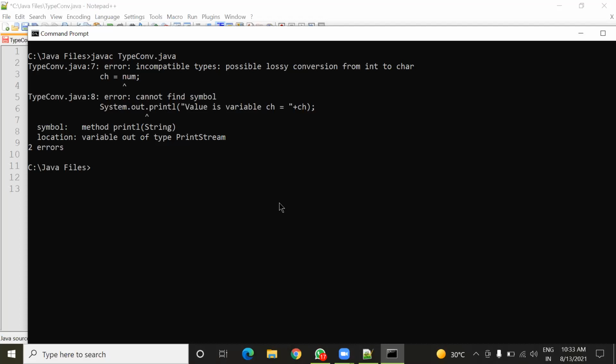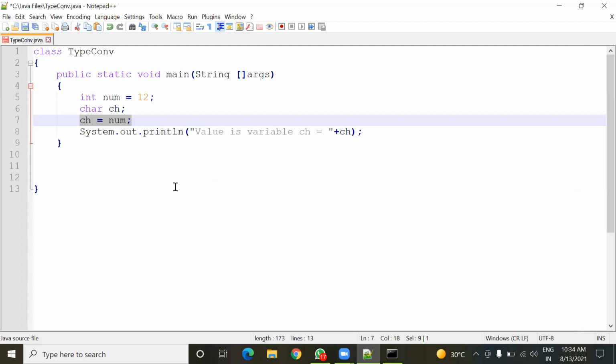So understood everyone? This is the first error. Okay. So how can we correct this? By following the syntax of explicit conversion. So in that syntax, what do we have to add in this statement?